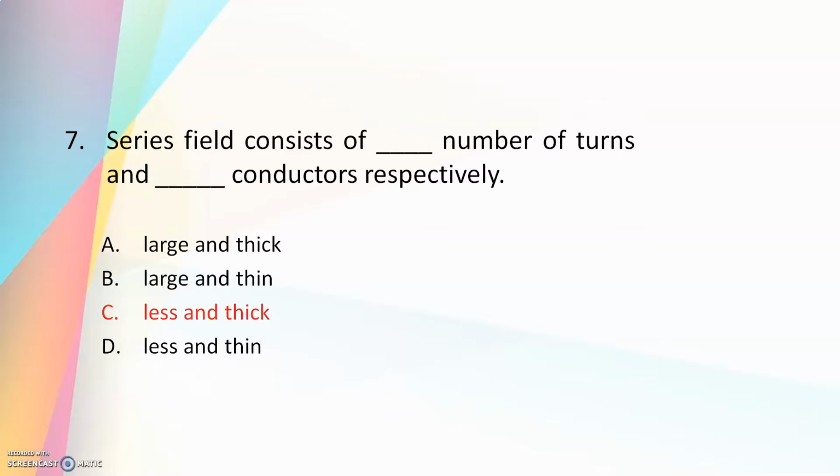The power delivered by a DC machine depends upon the armature current. And the series field is in series with the armature, so they are carrying the same current through them. And the series field is kept at low resistance for minimum drop. And we can conclude that the area should be high and the number of turns should be less because R is equal to rho L by A.